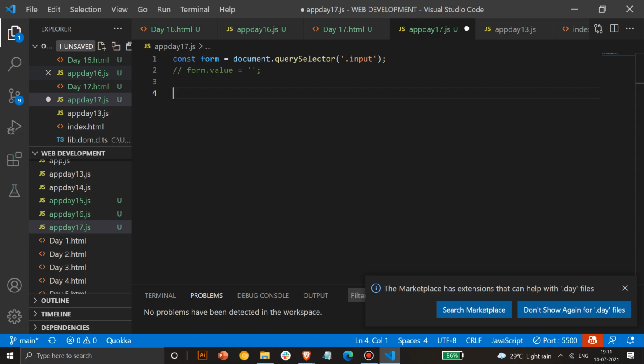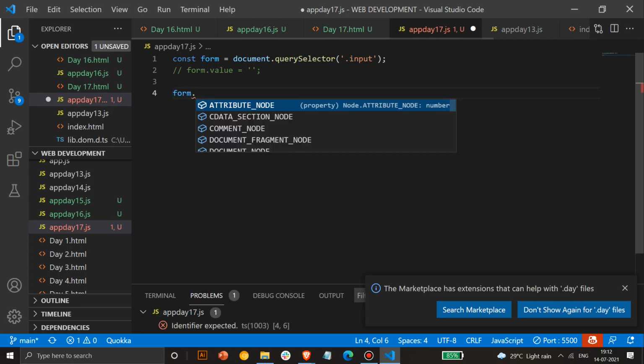Okay, so whenever you add an event handler, you have to always check if that event handler is working or not. Anytime you add a particular event handler, suppose you add a button, the first thing to check if that event handler is working or not is using event.type. Okay, what is event.type? Anyone? It just gives the type of the event. Yes, correct. So it gives the type of the event.